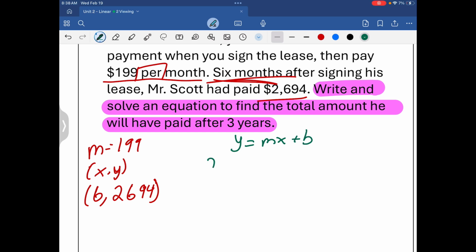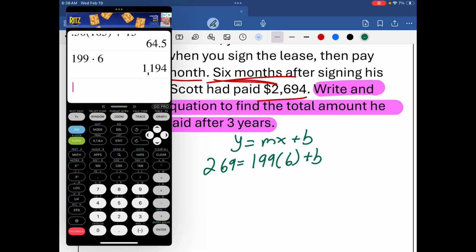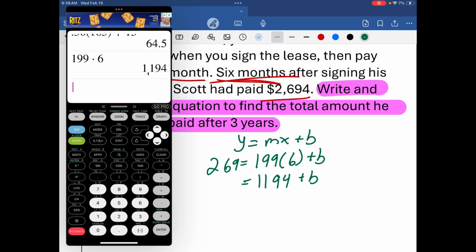So our y is 2,694 equals, our m is 6, okay? Oh, wait, no, it's not. Oopsie. Our m right here is 199. Our x is 6 plus b. Okay, let's get our calculator. 199 times 6 is 1,194 plus b equals,